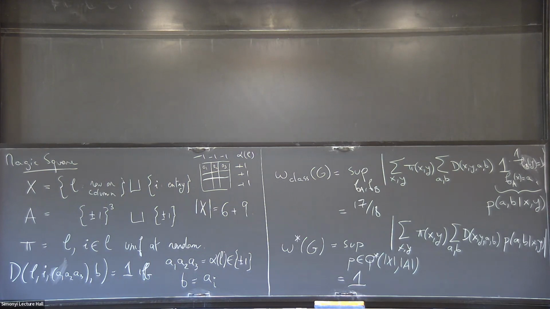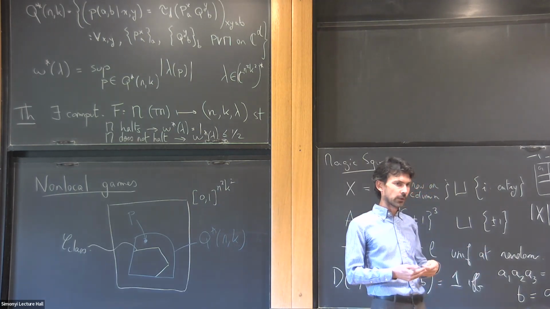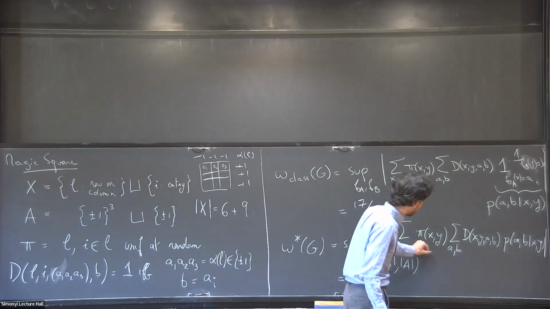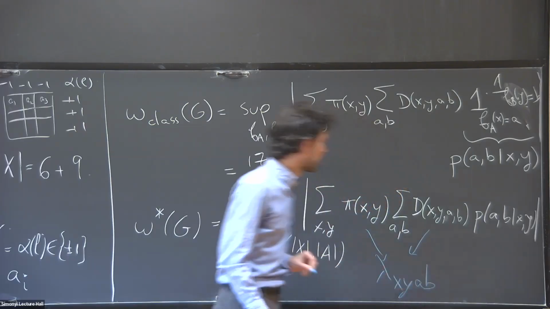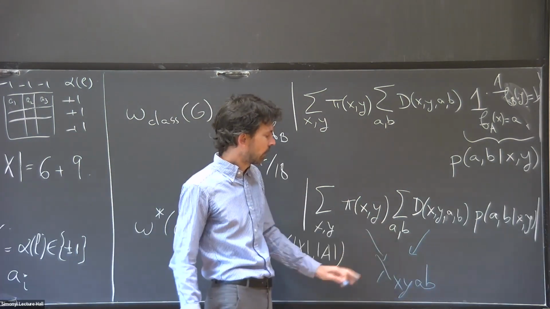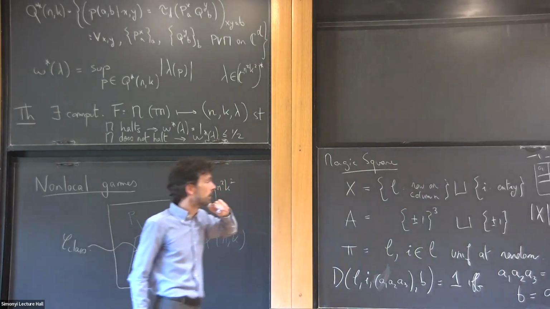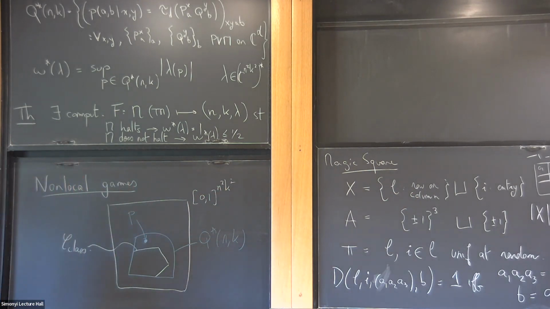So the other remark is that I want to start making the connection with this by observing that specifying a game is a way to specify a linear form lambda. Here, this number, pi times d, I could call this lambda xy ab. Then this is just the sum over all x, y, a, and b of lambda xy ab times the probability. So it's exactly an object of the form lambda of p up there. So designing games is a way to design a linear function. We're going to use this very heavily.